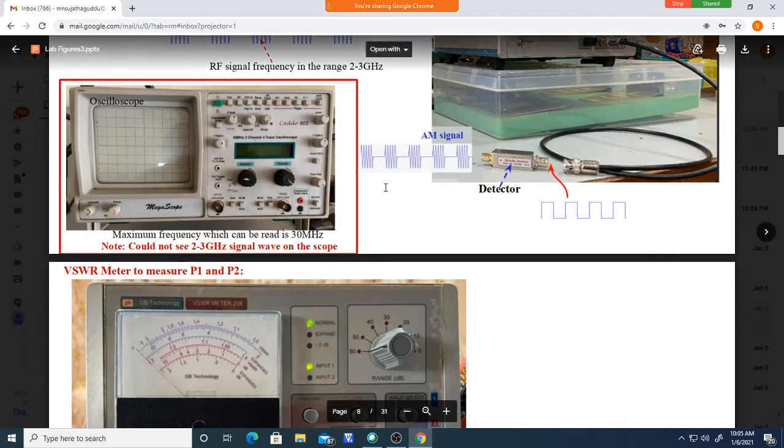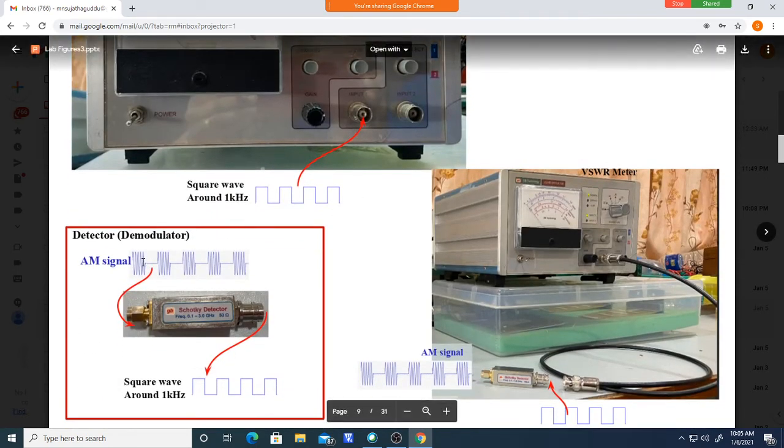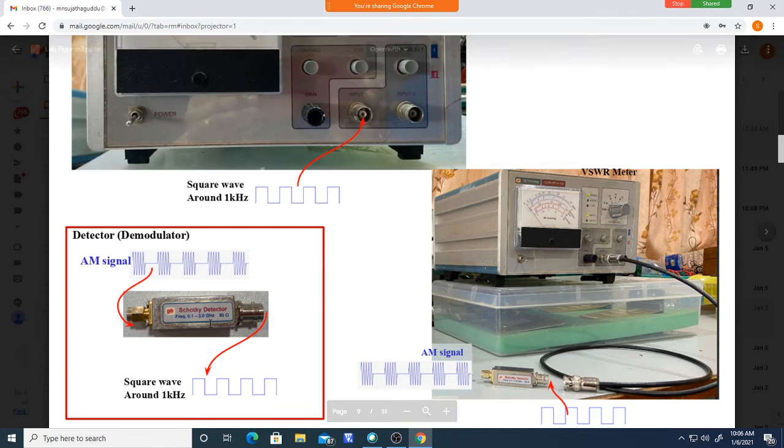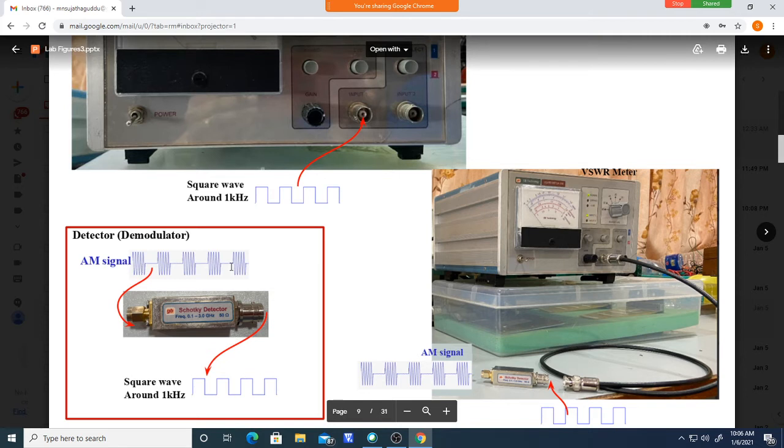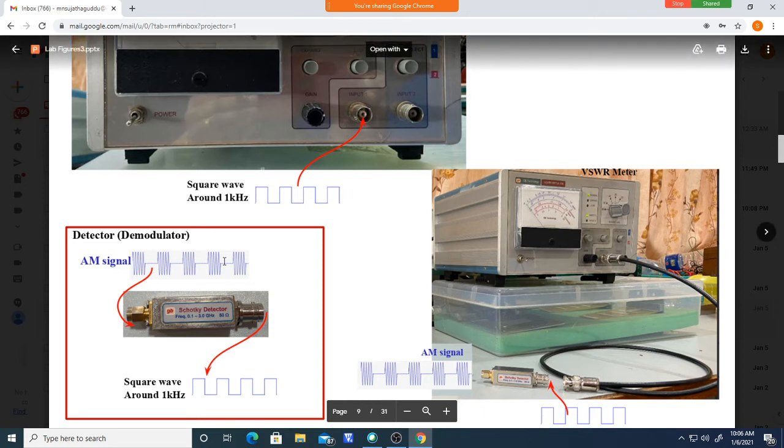So how to measure the power of this signal? See, first you take this, actually this is from the source, and you pass it through the detector. We will be getting a demodulated waveform like this. Measure the power of this. It is the power of the input signal. Whatever you input here, that power will be in this demodulated signal. You measure the power of this, and that is the power of this waveform.